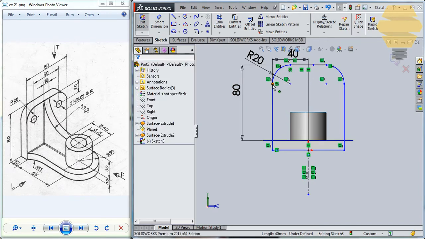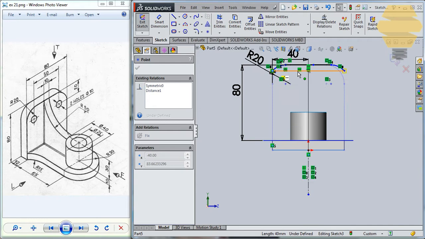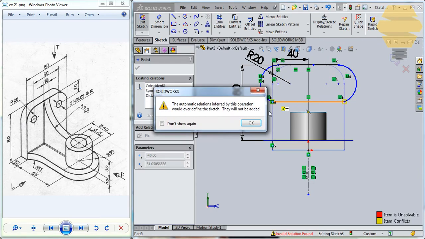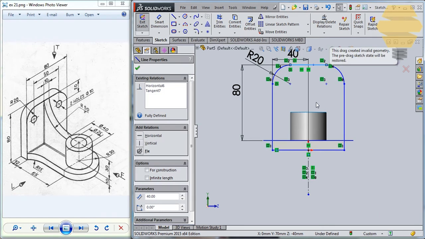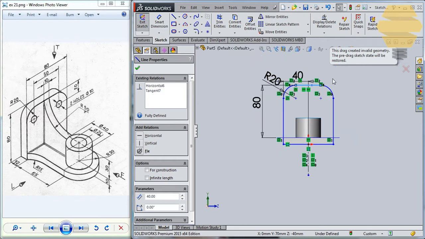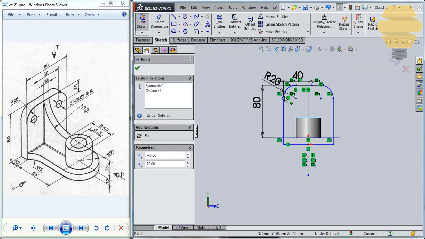You can just try to move the sketch around and see what's going wrong. You can see that a lot of things are going wrong here. So what needs to be done next? So problem, okay, this point is not